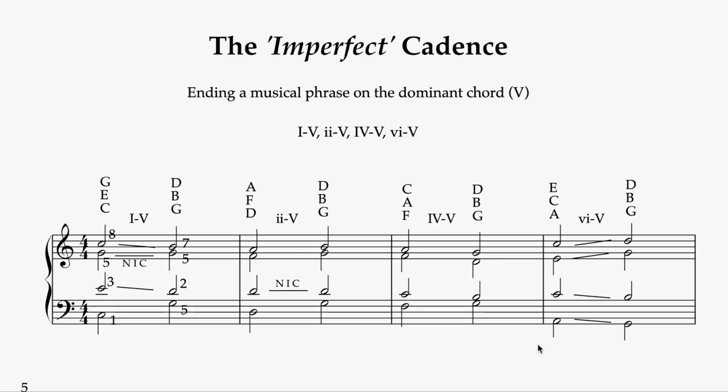Now what have we got? Well, we have 1 to 5, 2 to 5, 4 to 5, and 6 to 5 in our Roman numeral analysis of the chords within the key. Now, let me just address how to complete cadences. First of all, there's two main approaches. First of all, you can formularise cadences,